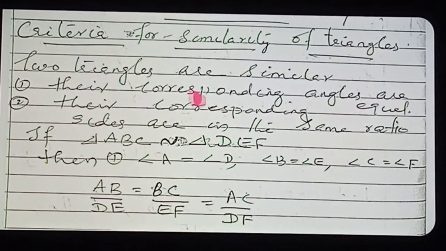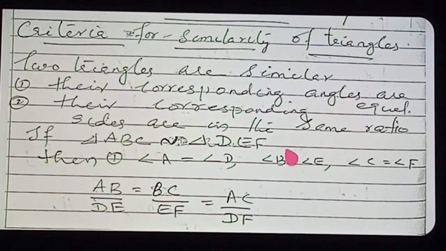If two triangles are given as similar, you can clearly say that corresponding angles are equal and corresponding sides are in the same proportion. So there is only one difference between similar triangles and congruent triangles. We already discussed this in the previous video. If it is a congruent triangle, the ratio will always be 1. Why is the ratio always 1? Because the sides are equal. AB equals DE. Therefore, the ratio of the sides will always be 1.